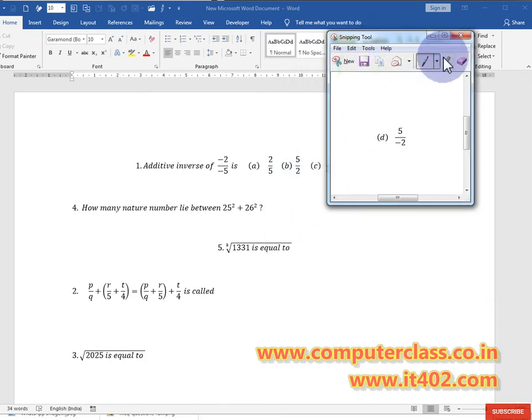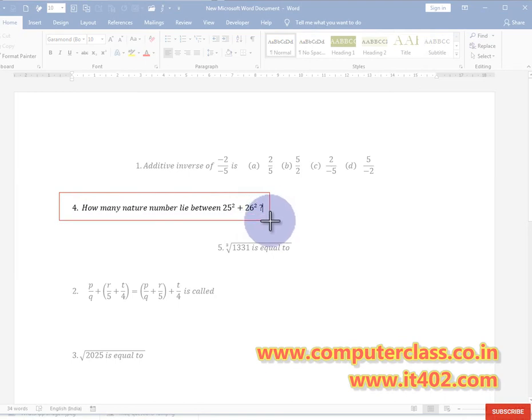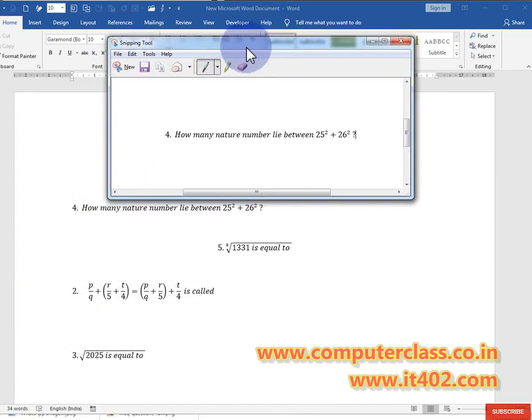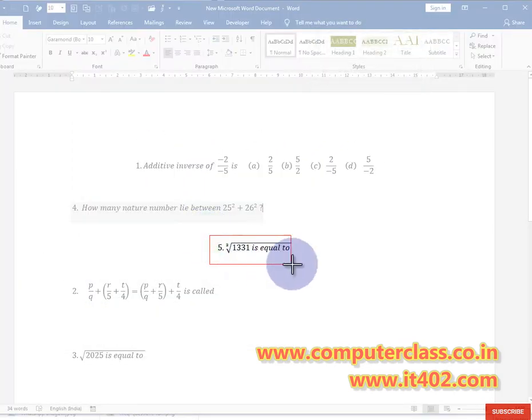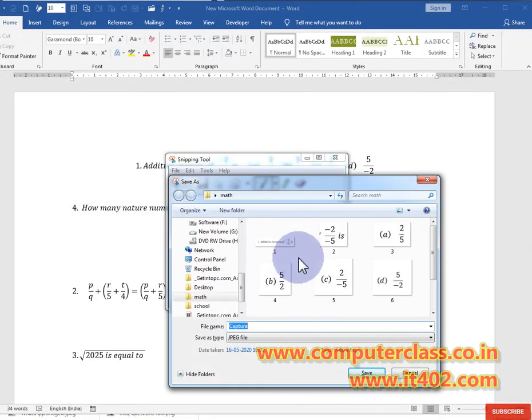So with the help of this option, you can crop a particular area of the Word document in the form of a picture. I am just cropping all the equations in the form of pictures.